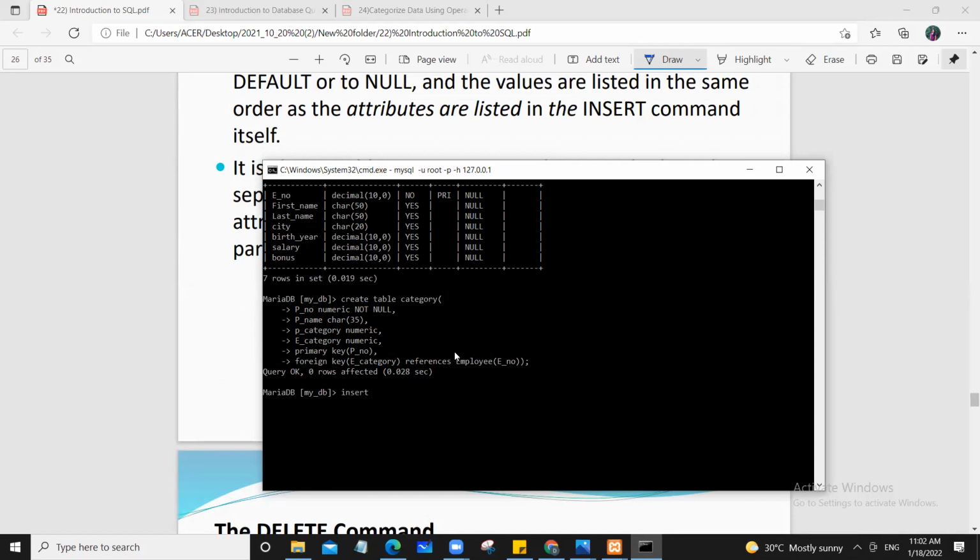Insert into table name is category. Sorry, employee. Let's insert into employee table, employee. Then the values, by using the first method, values. The first one, employee number